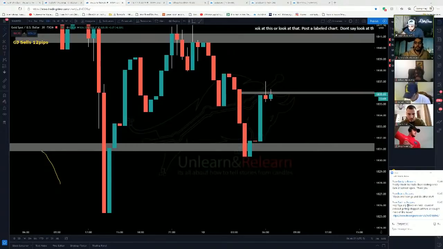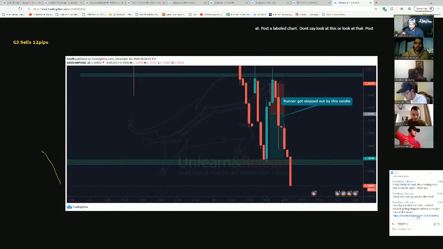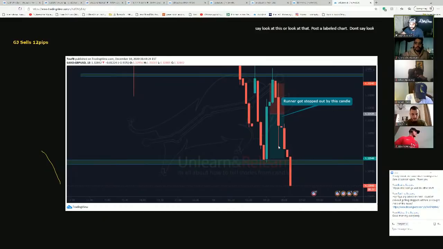All right, what's this? Any advice on how I could have avoided getting stopped out here? Okay, so the runner got stopped out by this candle. Where did you secure? I would assume that you secured, because you don't have that information here, and that information is really important. So I would assume you secured, put your stops at break even, and you got stopped out